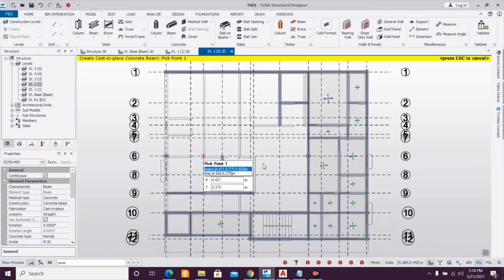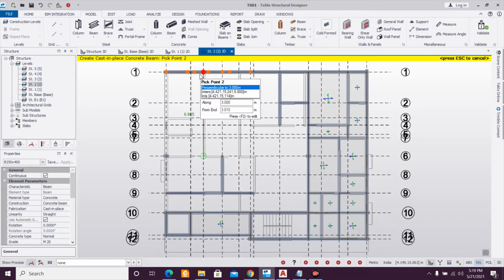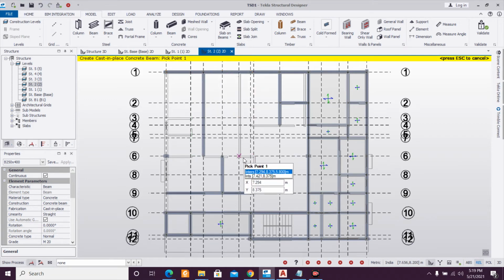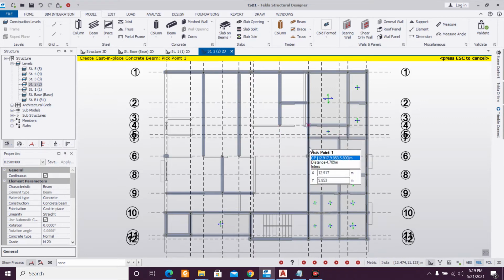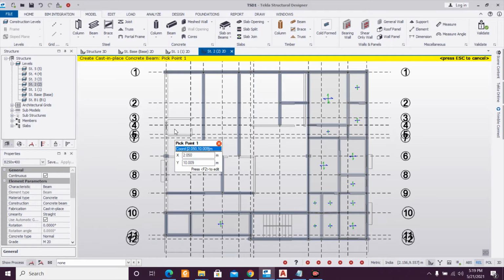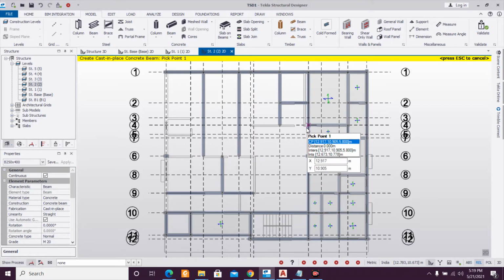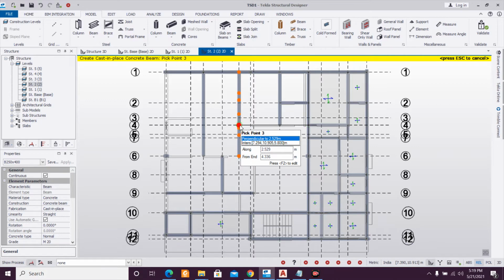We'll give it later. And from here to here I can give a beam, and from here to here I can give a beam, and there is a column here, so it will be easy to give a beam up to this.